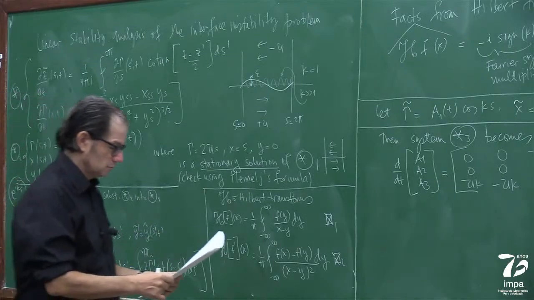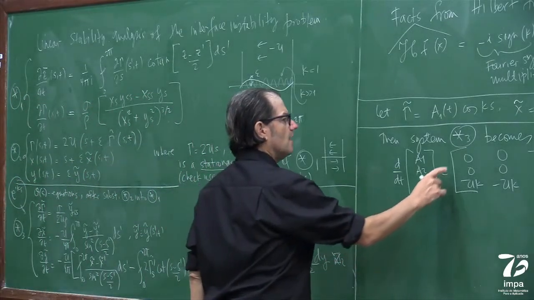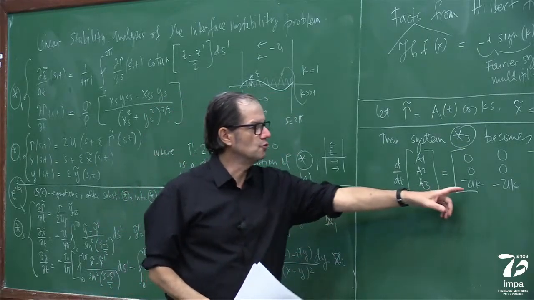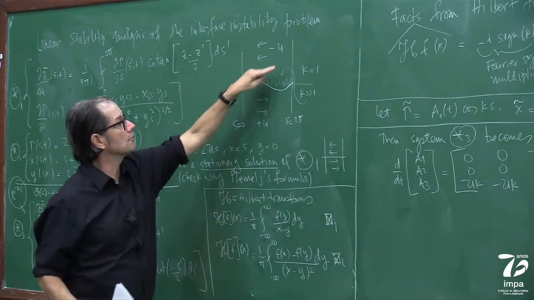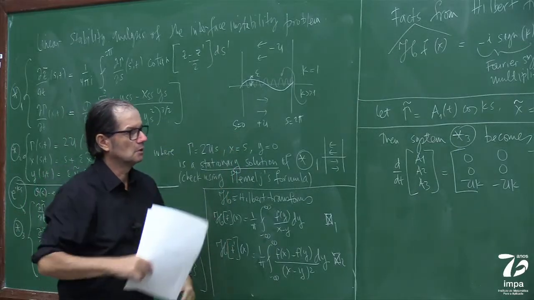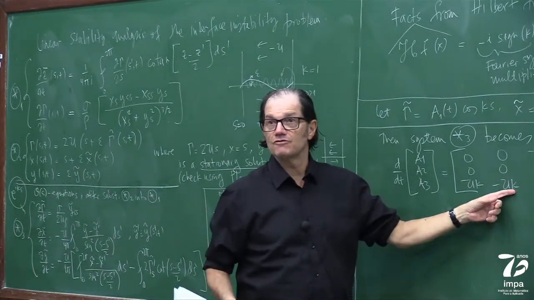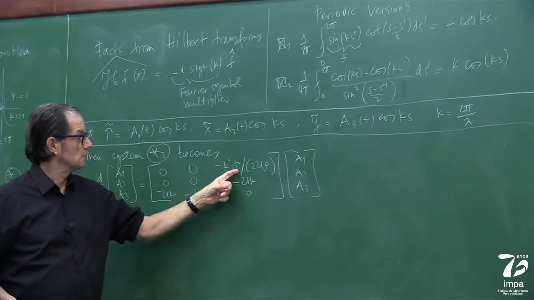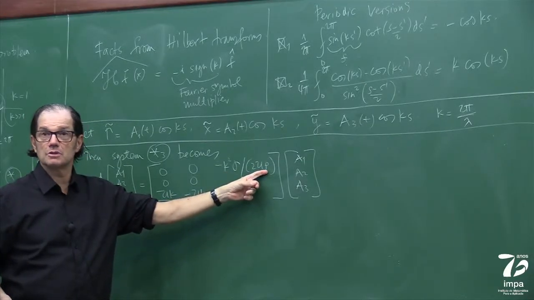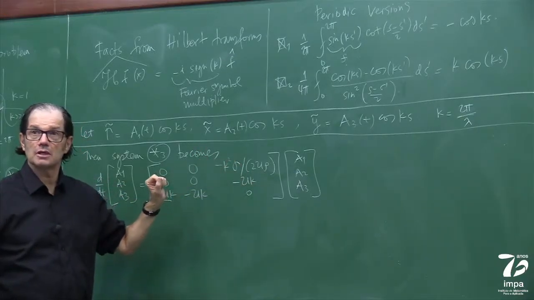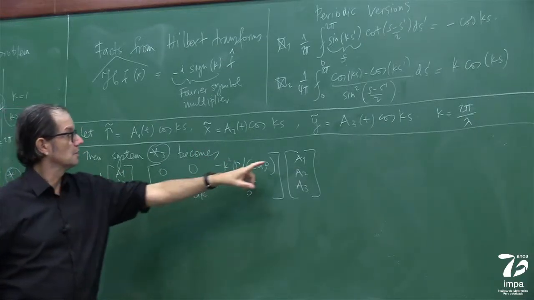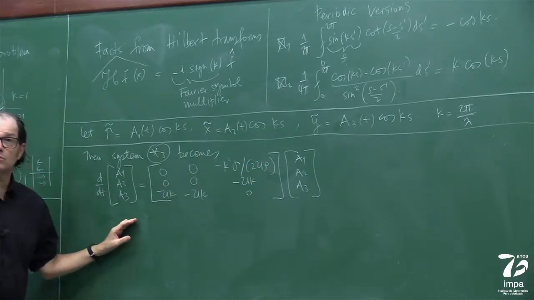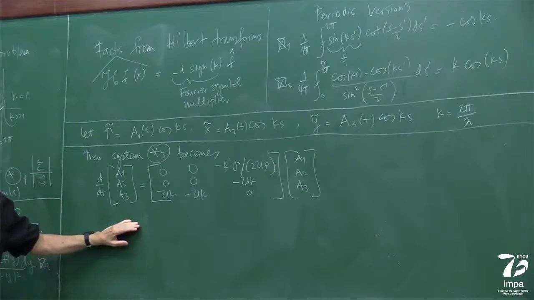Okay, so look at this now. If I have this system here, where U is the strength of the shearing, K is my wave number, that is my spatial frequency. Sigma is the surface tension, and rho is the density of the fluids. So these are physical parameters in the system that control the amplitudes of the modes. Okay? Now, what would you do next? Now I gave you this system.